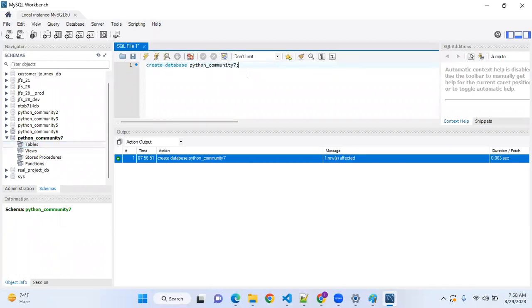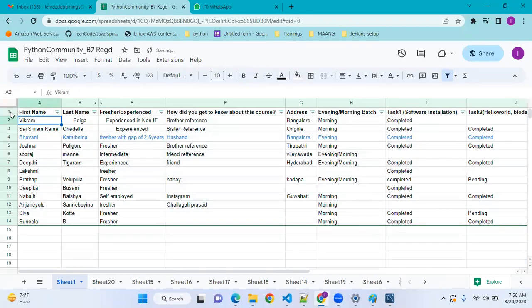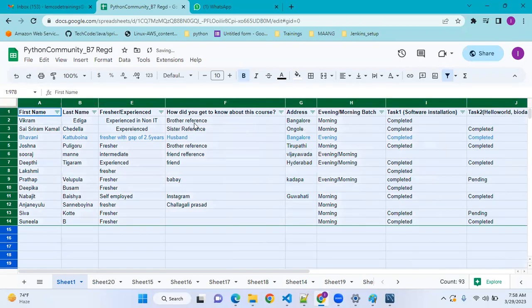Then we can go and create one table. So what is our purpose now? What is the requirement? I want to create a table something like this, and I want to create a table something like this, and then I want to store the data. Okay, let's do that. How to create it? Now let's just understand what the requirement is.